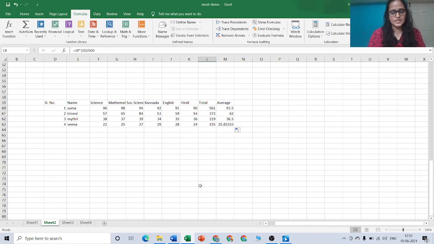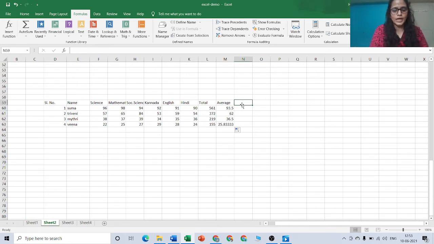So for that I have opened an MS Excel sheet wherein you can find the data regarding the names and the scores of these students in different subjects, and along with the scores you can also find the total that we have calculated using the formula, as well as the option that is there in MS Excel which I have showed you in the previous video. And you can also see the average score which we have calculated by using the formula in this particular section, right? So in this video we shall know how we can calculate the percentage for these scores.